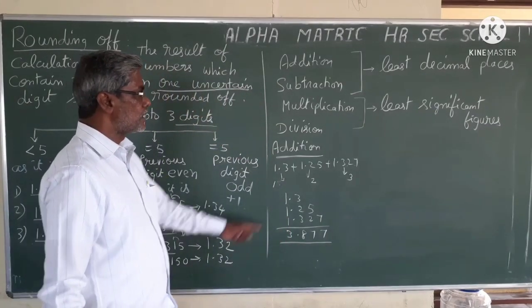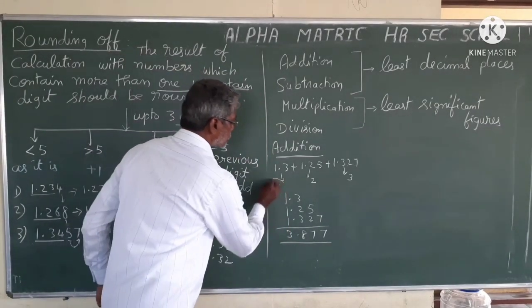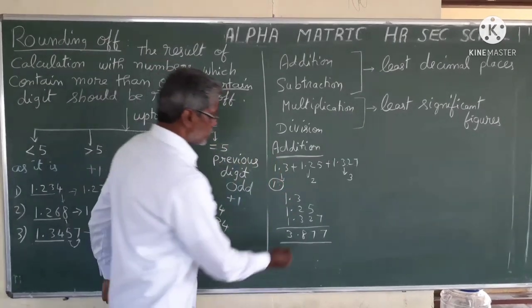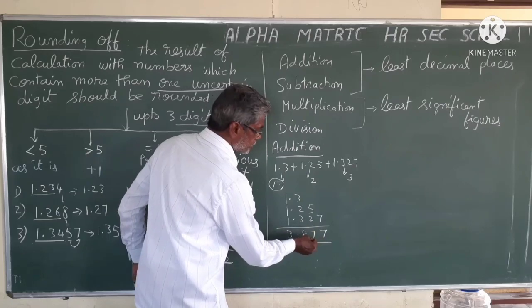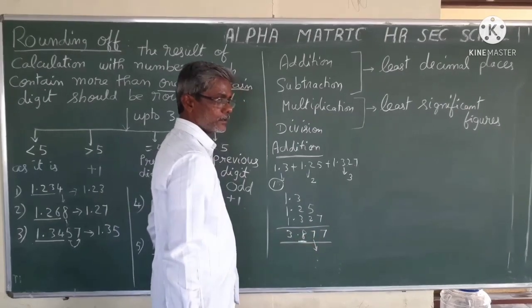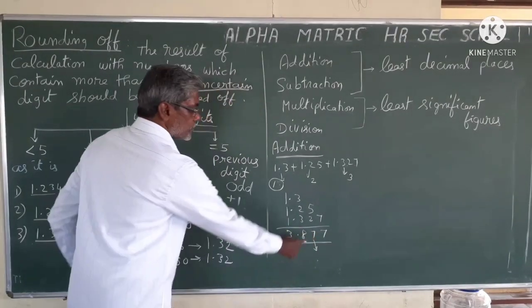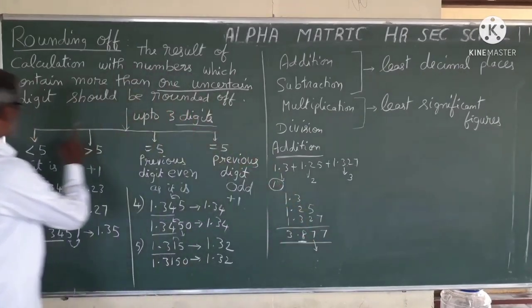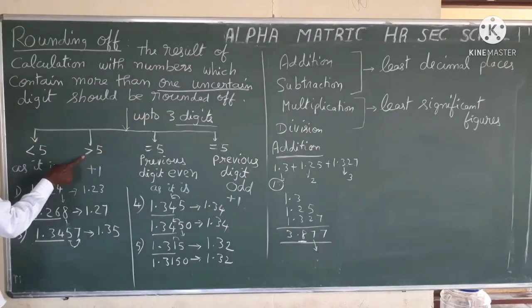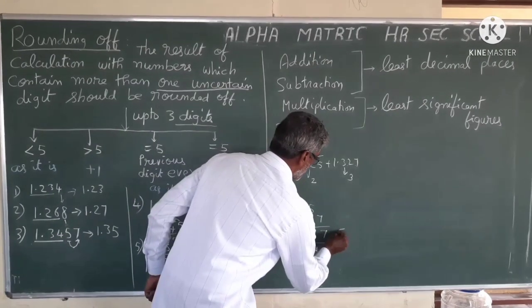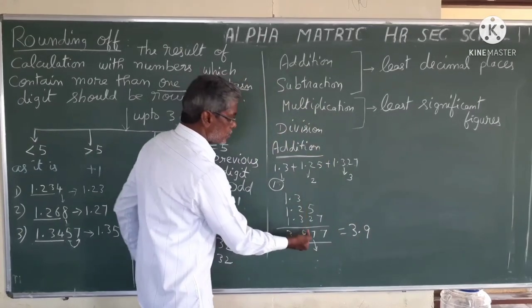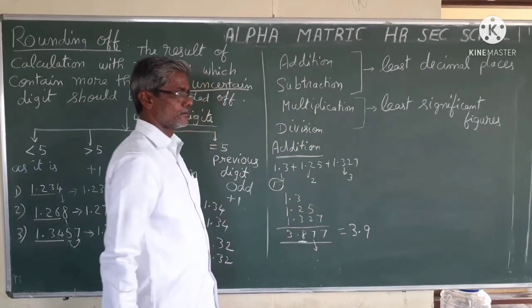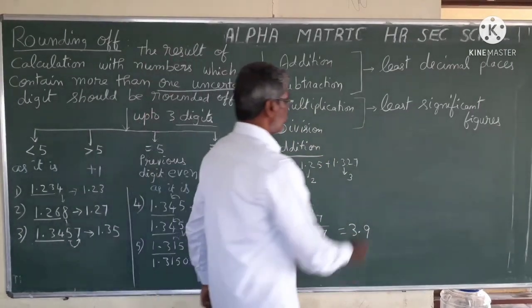3.877. The least decimal places is what? 1. So which digit I should drop? This 7 I should drop it. Now you check the rule. The 7 is greater than 5. That means you must add 1. So my answer is what now? 3.9. You must add 1 to the preceding digit. Clear? Now we will go for